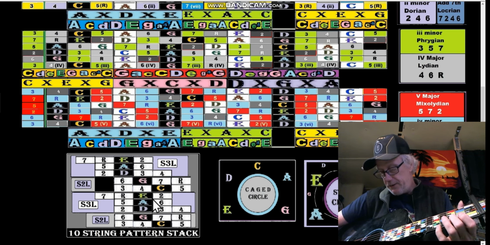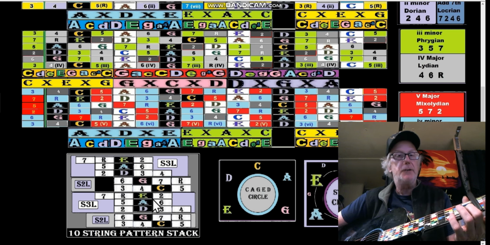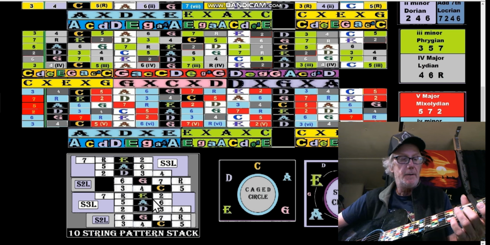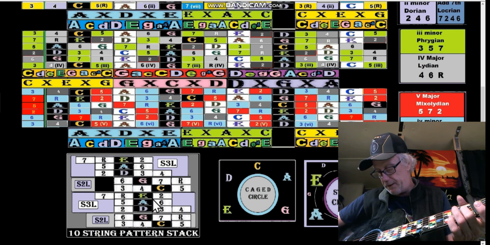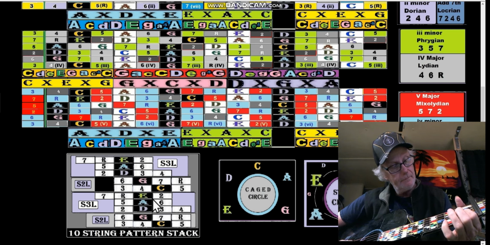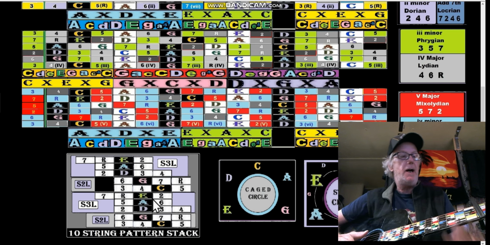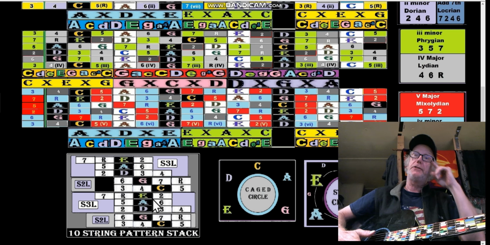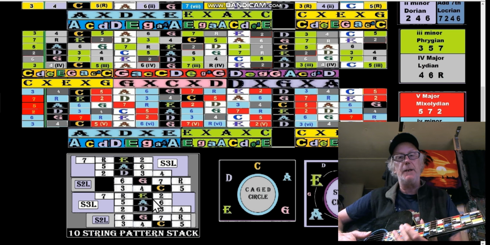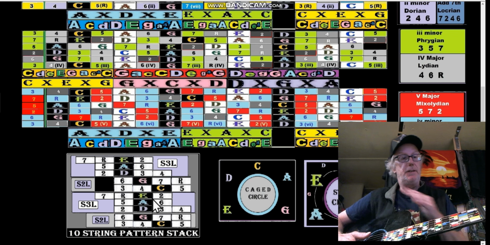So I can take the D shape and go down to a C note, and then the bar is hitting the other two notes for me, so it becomes. So now I have a D-shaped C. So you can use cage also to make different shapes, and the cage system, C, A, G, E, D, or